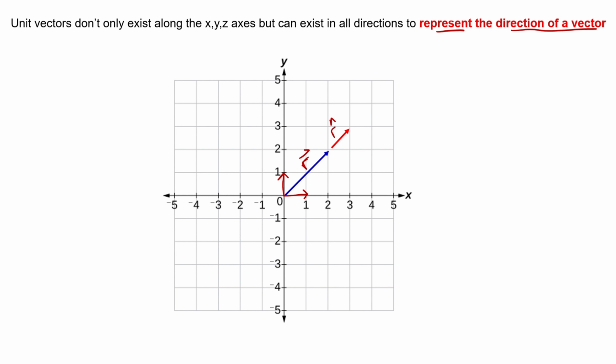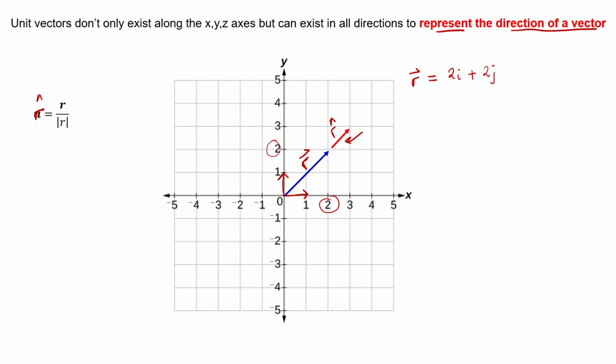To calculate this red vector, if you know the blue vector, you can use the formula. The unit vector is given by r over the magnitude of r. So here, we can write r cap is given by r over the magnitude of r. If I want to calculate it here, my vector r is given by the components. You can see that x is equal to 2, y is equal to 2. So we can write this as 2i plus 2j using the standard basis notation. So this is my vector r, given by 2i plus 2j.